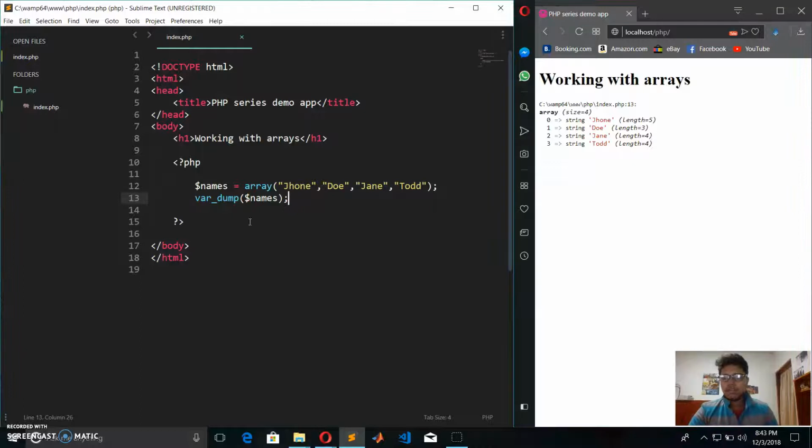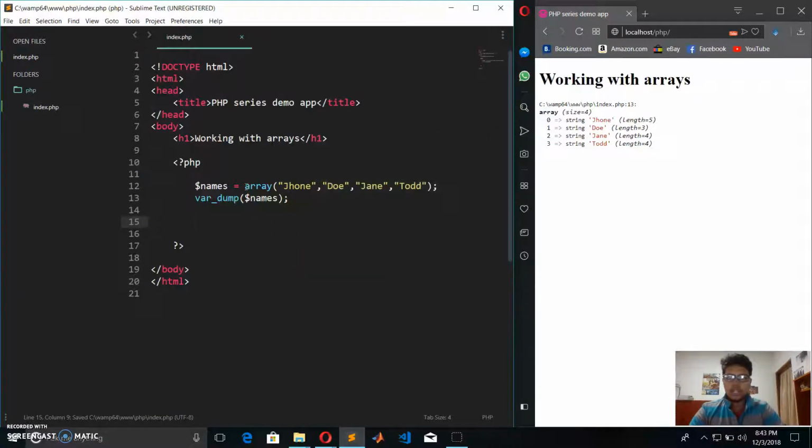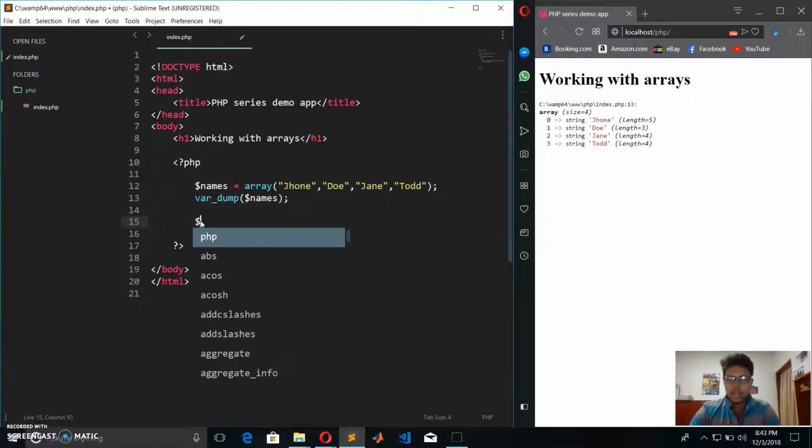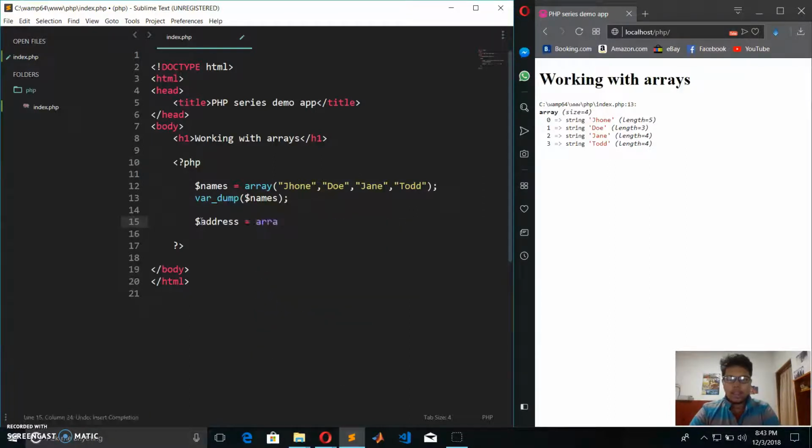Now this is how you create an array using the PHP built-in function called array. And now, if you want to create an array which has arrays, that means you have one array which contains an array of arrays. Which is going to be, let's say, address. That address is going to have an array